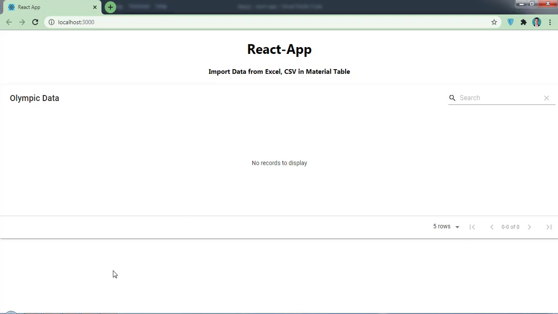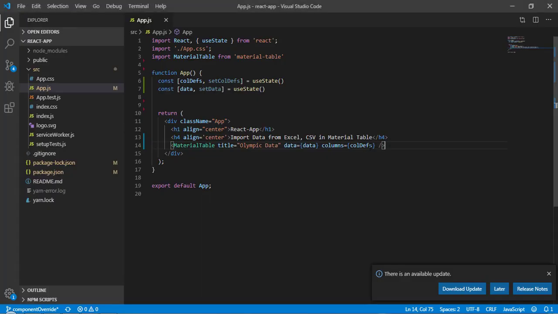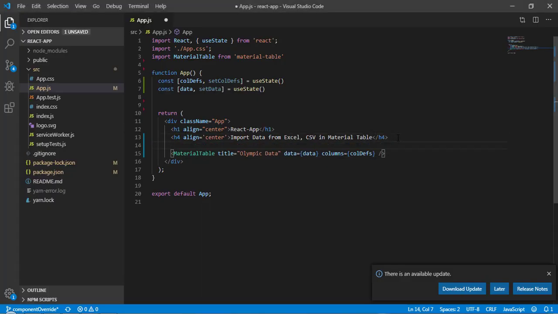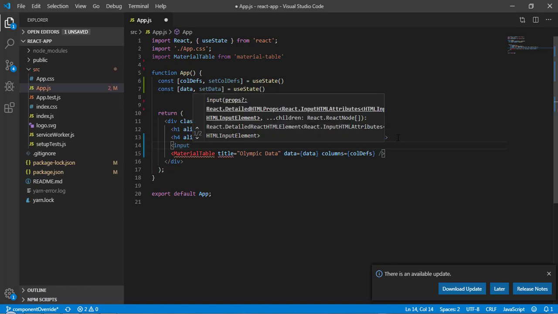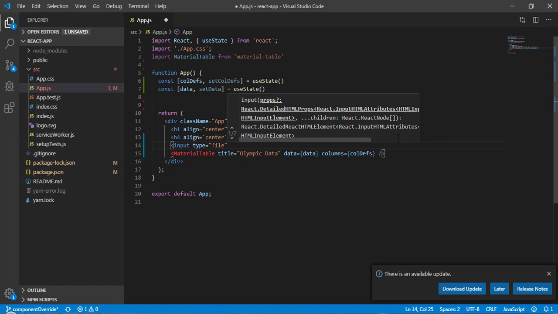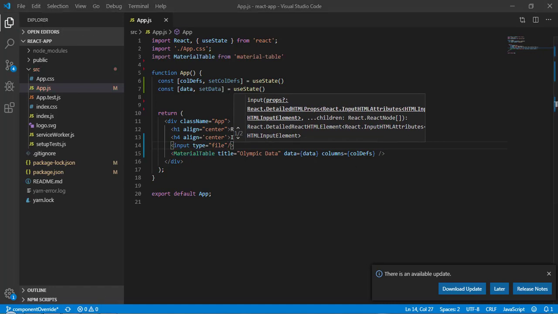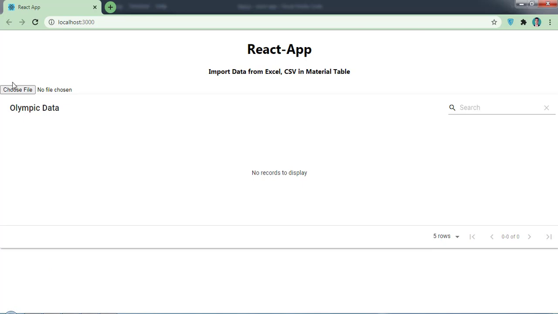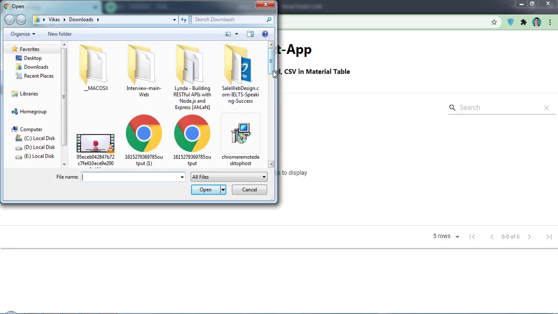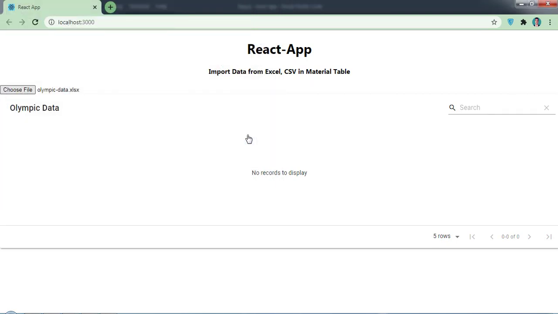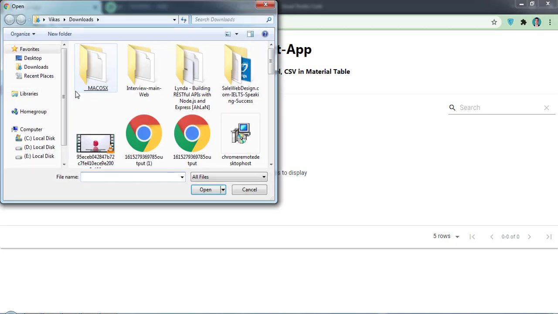So let's come to VS Code, and for that we will use the input tag and pass type equal to file. Now let's close it and save it. And now let's come back here. You can see we have this choose file option, and on click of this it is opening and asking us to select a file, and here we are able to select the file.